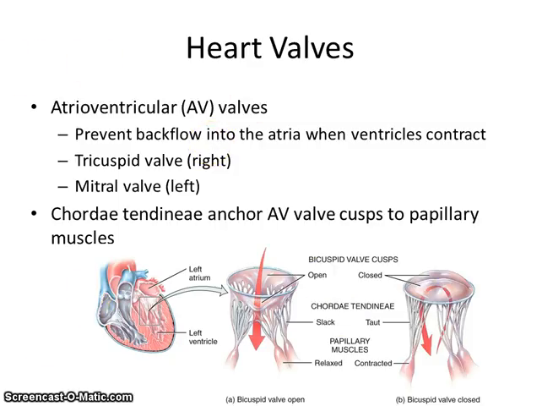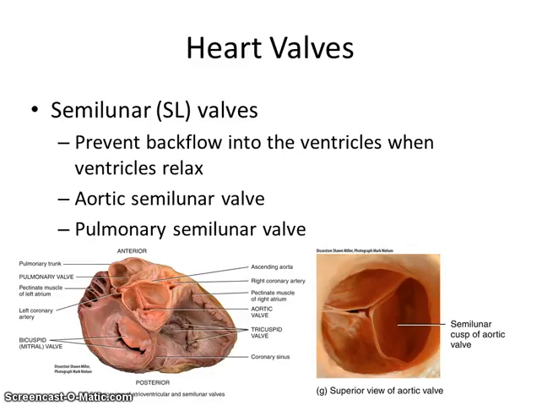We just finished this slide talking about the atrioventricular valves and how they're between the atria and ventricles on each side of the heart. The other set of valves you have are your semilunar valves, and these are between your ventricles and the artery they supply with blood. So they're these little half moons, semilunar, these little cups,